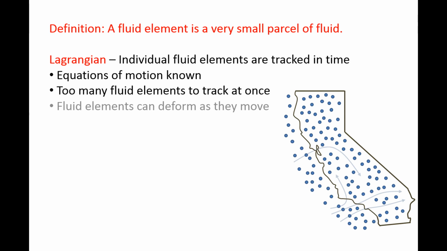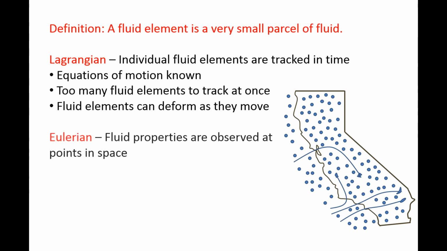To make matters more complicated, the fluid elements can deform, mix with other fluid elements, and split into new fluid elements as they move through space. The second viewpoint is called Eulerian, in which the fluid elements are observed at fixed points in space. For example, we could build multiple observation stations in California and record the properties of the fluid elements as they